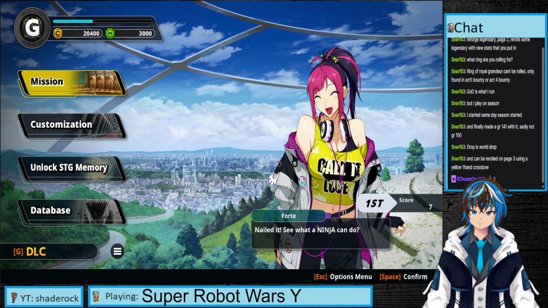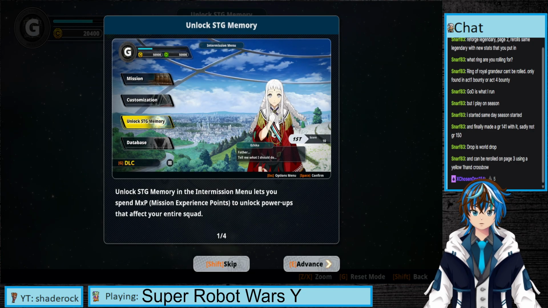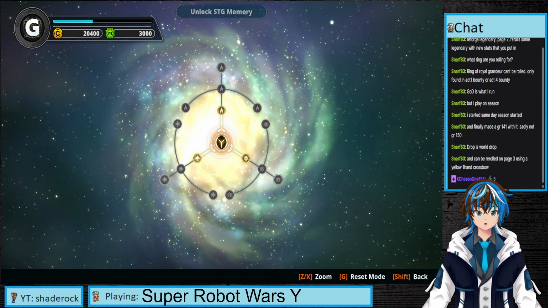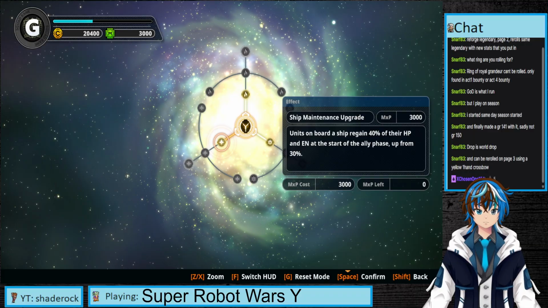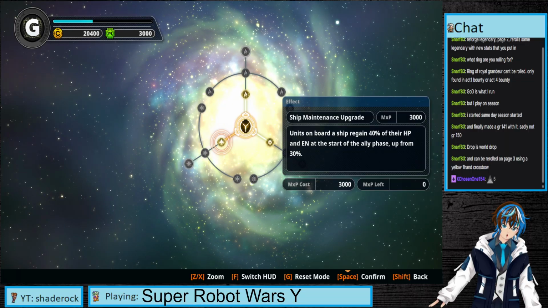Okay, so now that we've got menus, though, let's see. So we've got the STG memory. This is what they were talking about before. You'll be able to use the points you collect to... You know what? I'm actually just gonna switch something really quick. Where is my...